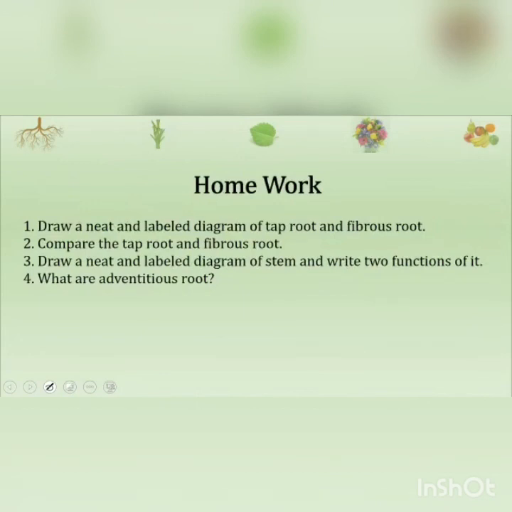Let us see the homework for today. Draw a neat and labeled diagram of taproot and fibrous root. Compare the